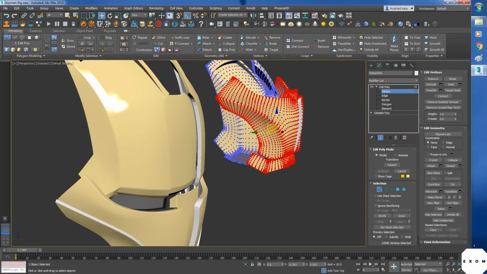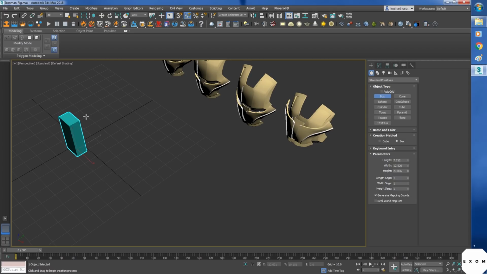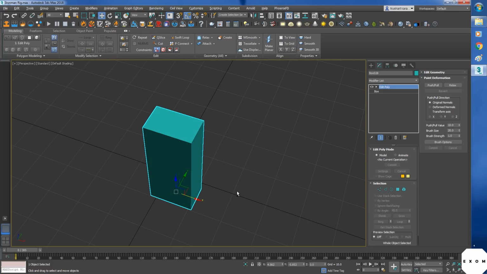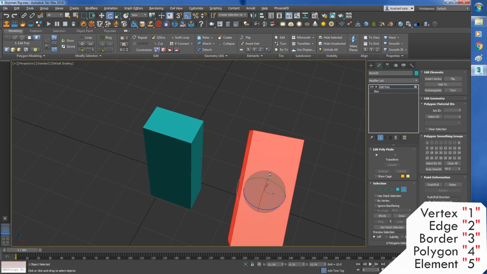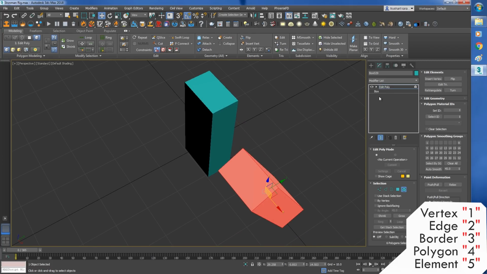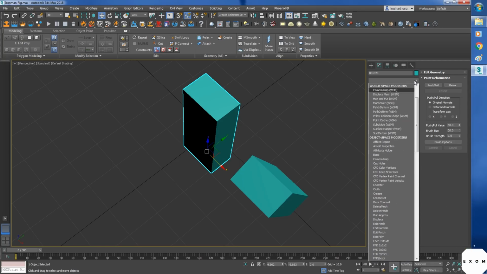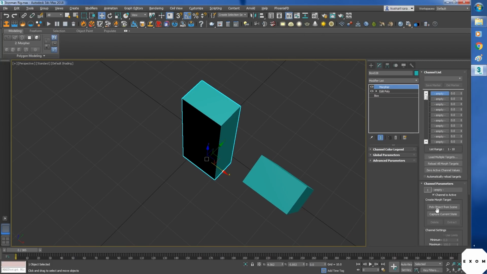We can't do much rotation in Morpher because of the way it works. Let me explain. I'll make a box, add edit poly on this. Now make a target. I'll press 5 and rotate the element like this. Okay. Now add Morpher. By the way, if you don't like this list, then just press X in the viewport and type the modifier or anything you want. Now add the target in,